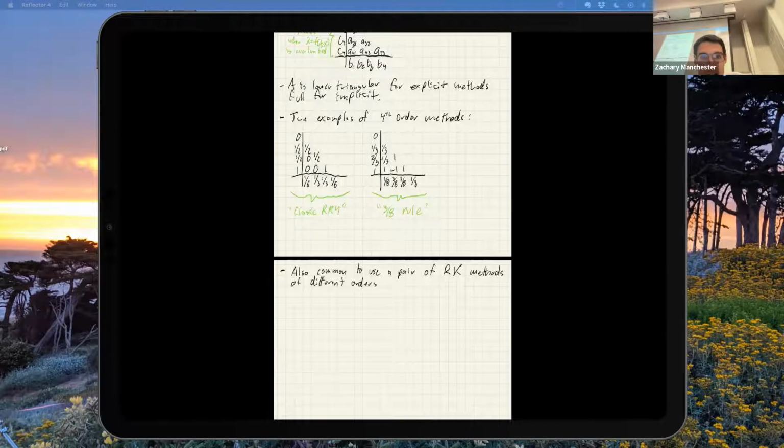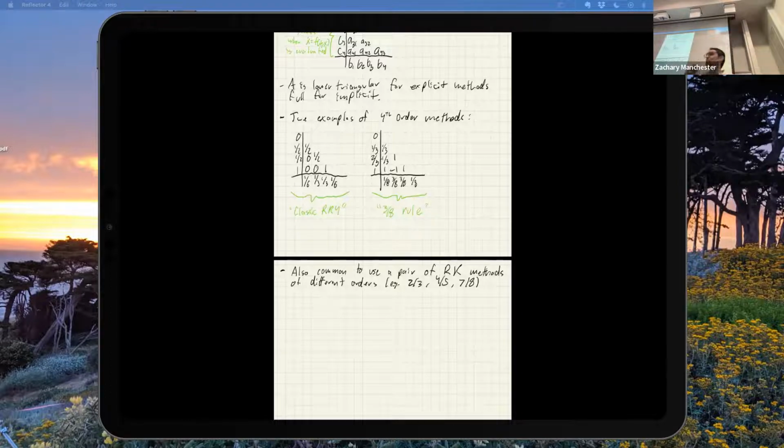There is a cool trick with this. There are famous examples of these pairs of adjacent orders. The trick, for efficiency, is to make the times at which you're evaluating the Fs the same for the two orders, so that you're not doing any extra work. Basically, there's a famous one called the Dormand-Prince pair, the 4-5 pair, where all of the Butcher